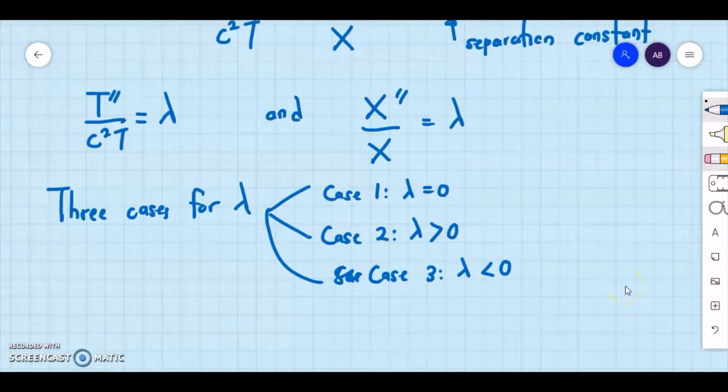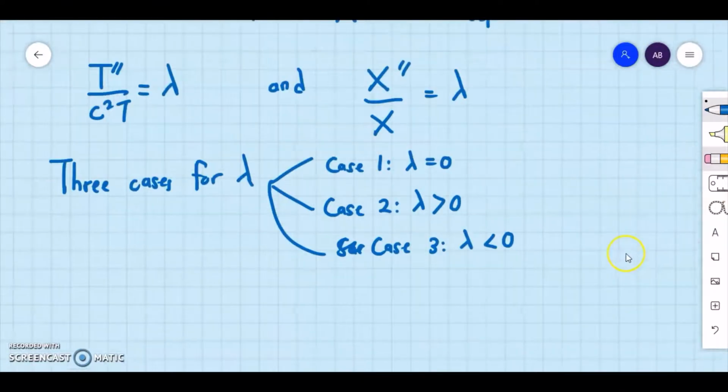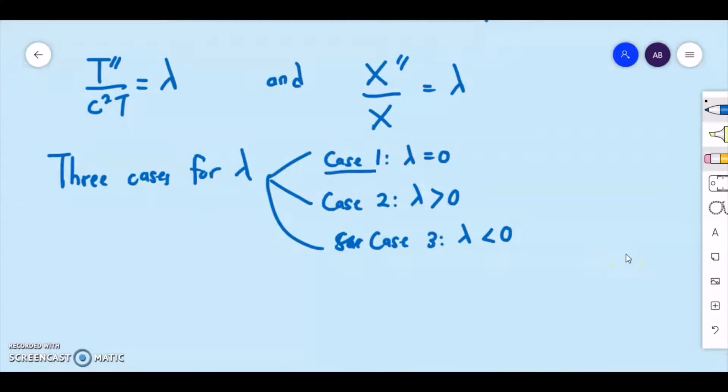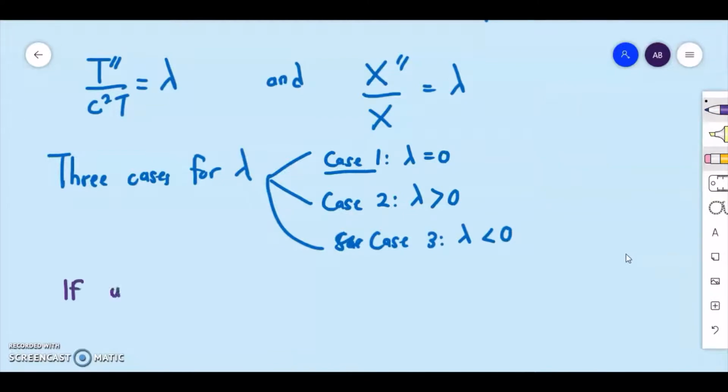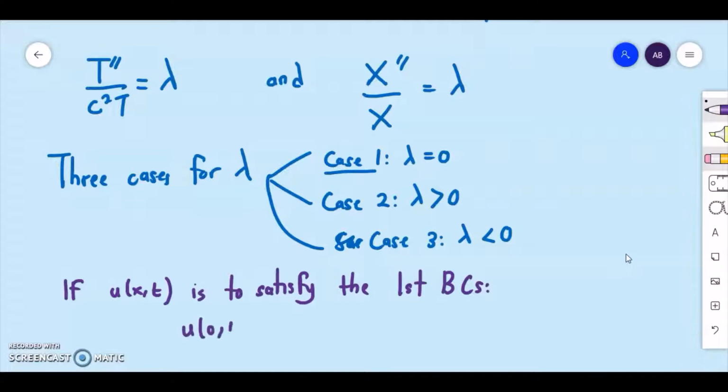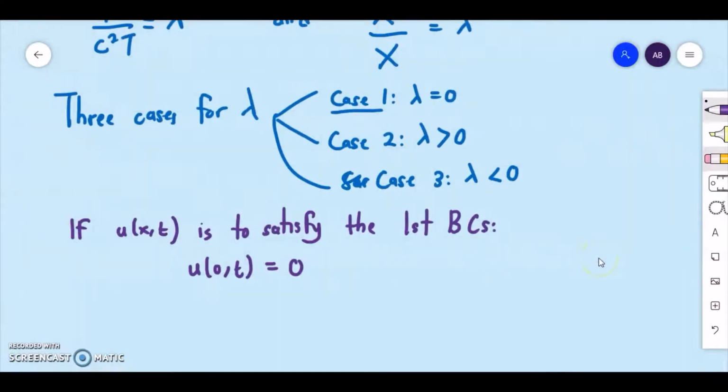Before we even do that, let's consider case 1 first. I'm just going to focus on the initial condition given, the first condition. We can say that if u(x,t) is to satisfy the first boundary condition, which is u(0,t) equals 0, then what we will have